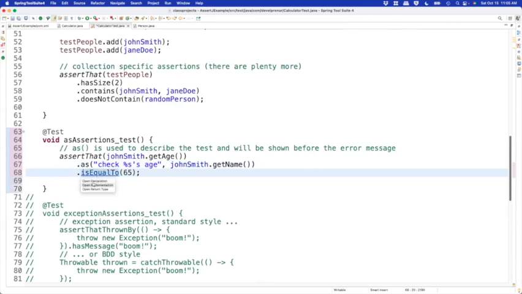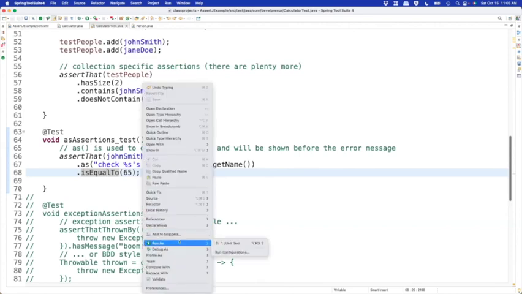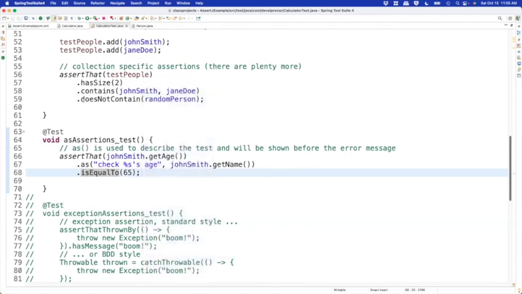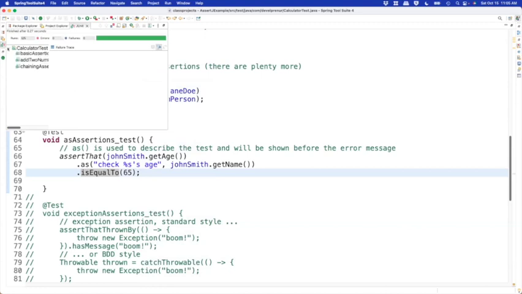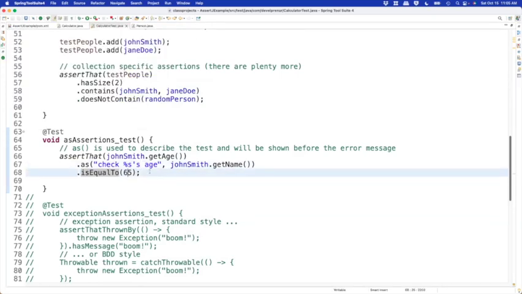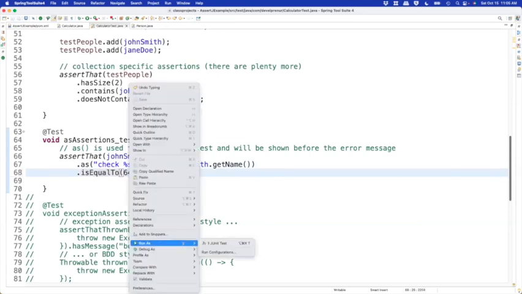So now, just by reading this, it's very easy to read. We're going to assert that John Smith's age, as checking John Smith's age, is equal to 65. Now, this may seem a little redundant here, but when we run this, we're going to see on our report that it's very easy to read if it failed. So right now it passed, so we're not going to actually see anything. But if our age was wrong, and I ran this,